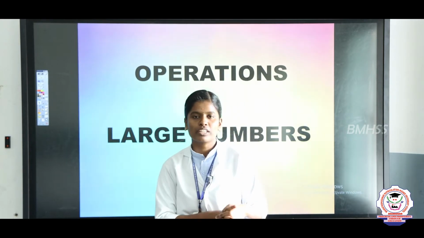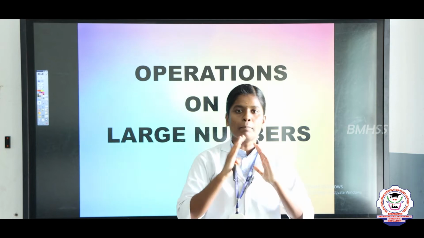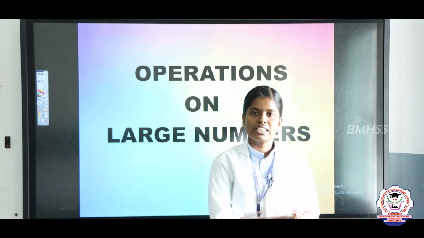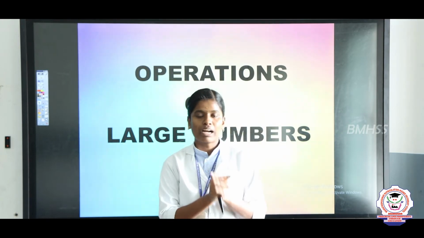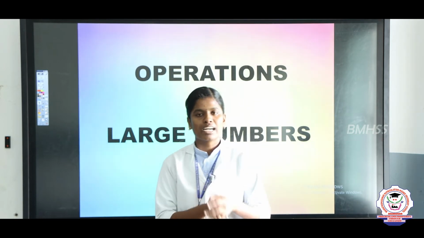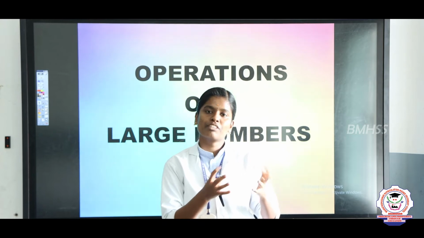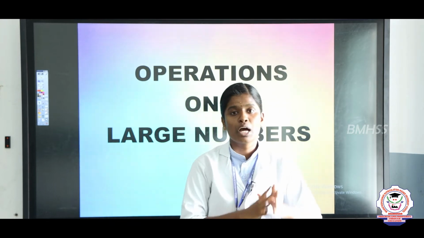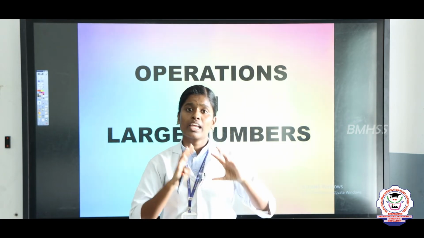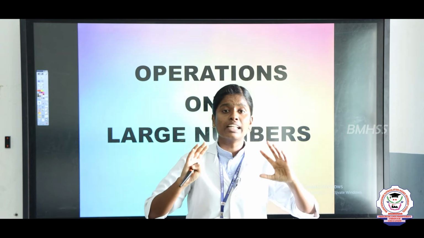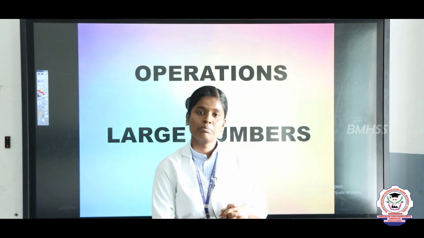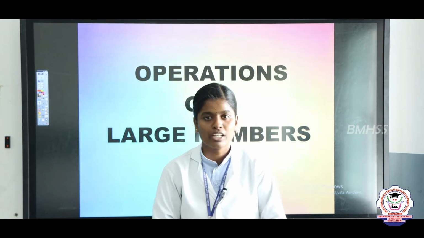And next one is multiplication. Multiplication, as you already know, is a repeated addition. In the question they give a smaller quantity and ask us to find the larger quantity. For example, the cost of 1 pen is 5 rupees, find the cost of 30 pens. Like this is a multiplication problem. And finally division. In division, the question itself gives the larger quantity and asks us to find the smaller quantity. For example, the cost of 20 pens is 100 rupees, find the cost of 1 pen.